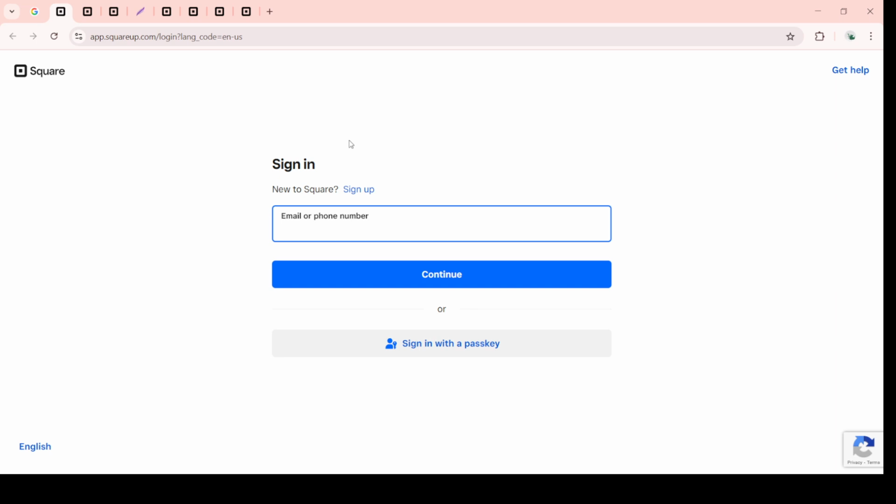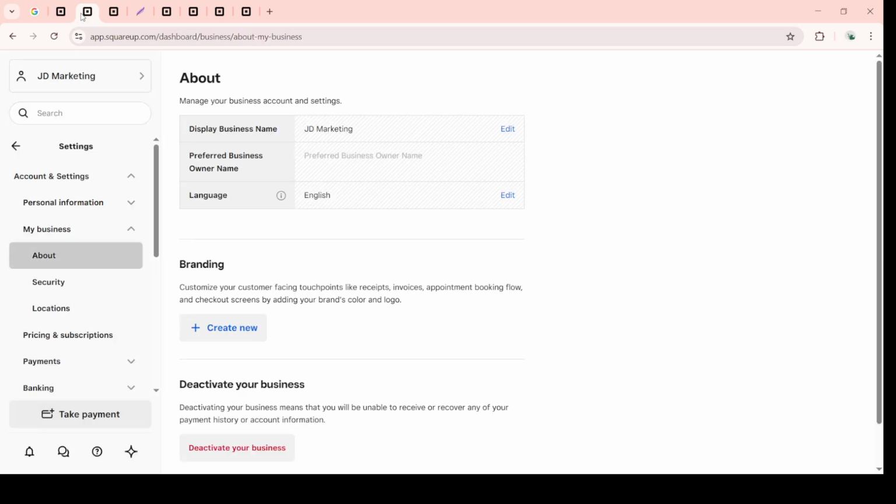If you aren't already signed in, make sure you have your credentials handy. Enter your username and password, and in just a few moments, you should be on the main dashboard of your Square account. Now that you're logged in, look at the top section of the page and find where your company